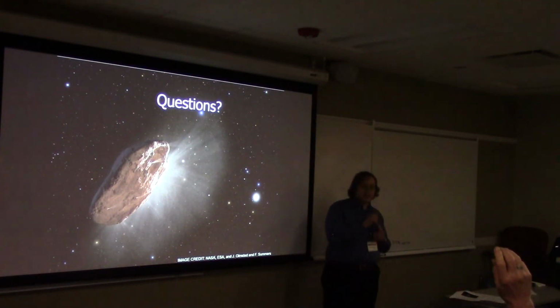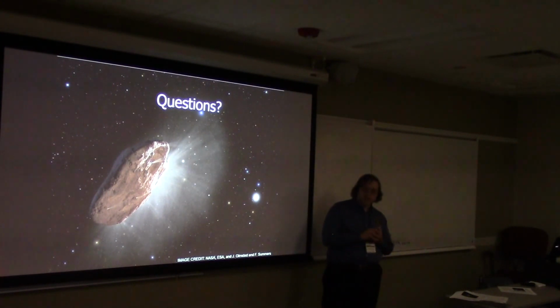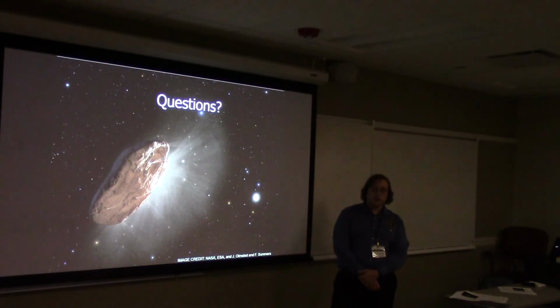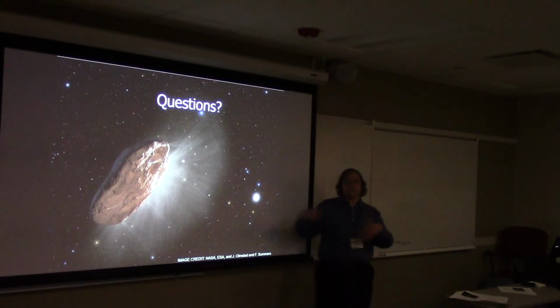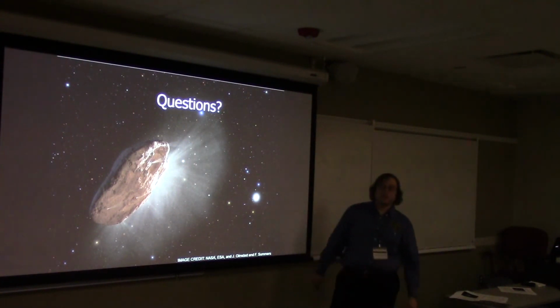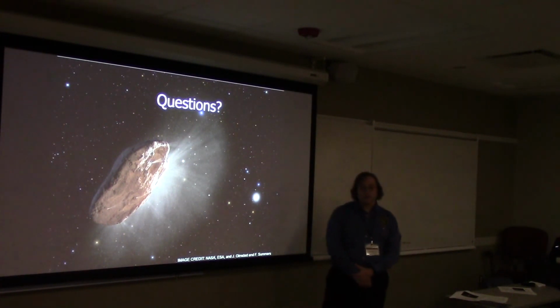And yes. When an object is rotating, tumbling, it would, over time, as I recall from mechanics, assume a minimum, it would assume an axis and a rotational mode which would conserve the rotational inertia. Yeah, there's conservation of angular momentum here. That's the fact that this thing is tumbling, and it has been for centuries or eons. Is there any speculation as to why it has not assumed a...